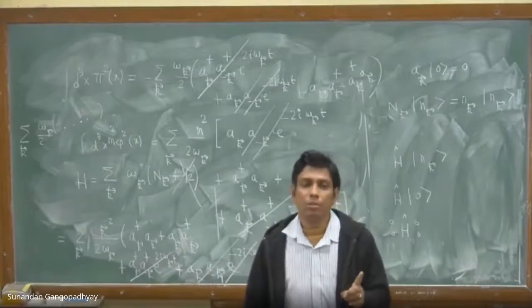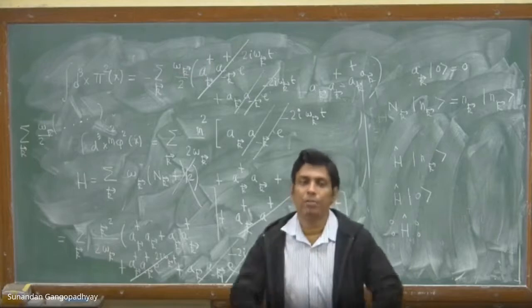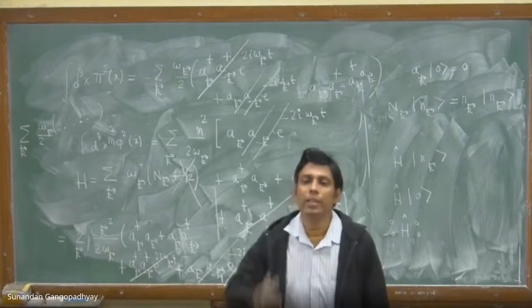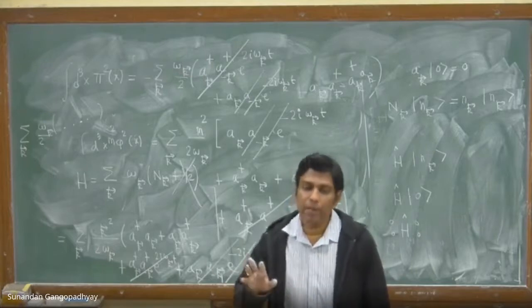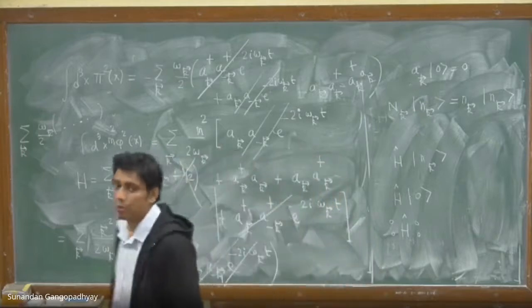The only thing you are not doing is taking the factor of 1 that you would get from the commutator of a_k and a dagger_k. You are ignoring that factor. And that factor is actually very important, because it is the zero point energy, which is an infinite amount of energy.